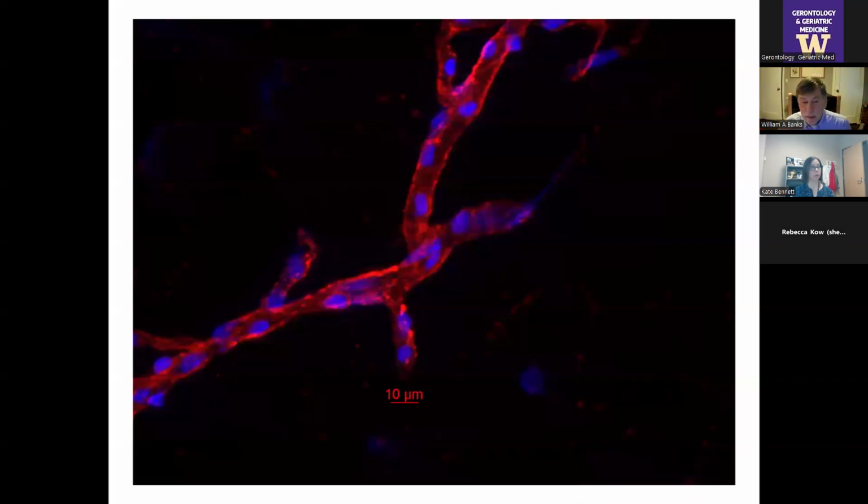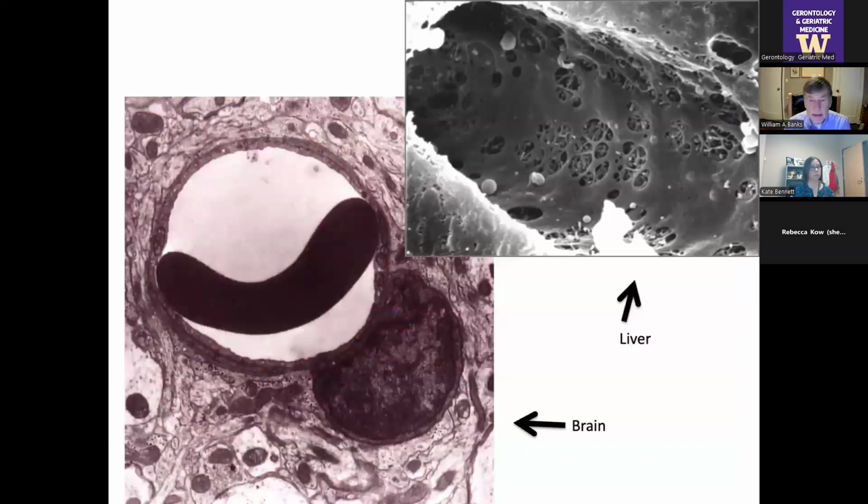Nor does microscopy. Here's a capillary bed from the brain, a capillary from the brain, and it doesn't look any different than a capillary from any place else. So in some ways, Davson's theory was really in trouble. And then in the late 1960s, a couple of guys, particularly a guy named Reese, along with collaborators like Karnovsky and Brightman, turned the electron microscope onto capillary beds. And there we got the answer.